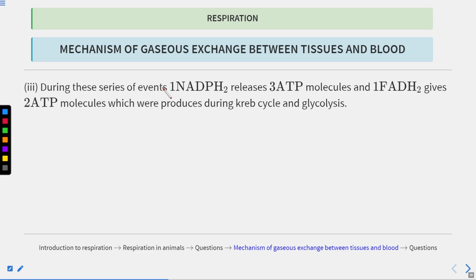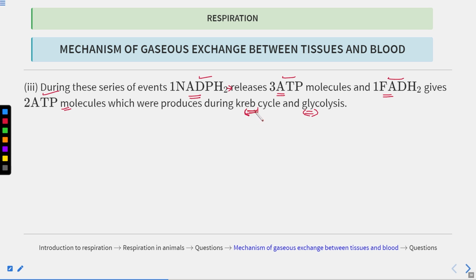Now during this series of events, one NADH molecule releases 3 ATP, and one FADH2 molecule releases 2 ATP, which are the products of the Krebs cycle as well as glycolysis. So because of the electron transport chain, one NADH corresponds to 3 ATP and one FADH2 corresponds to 2 ATP. So how are these formed? These are formed